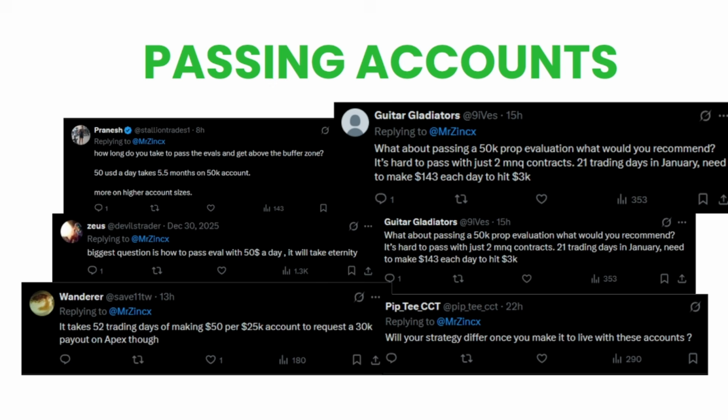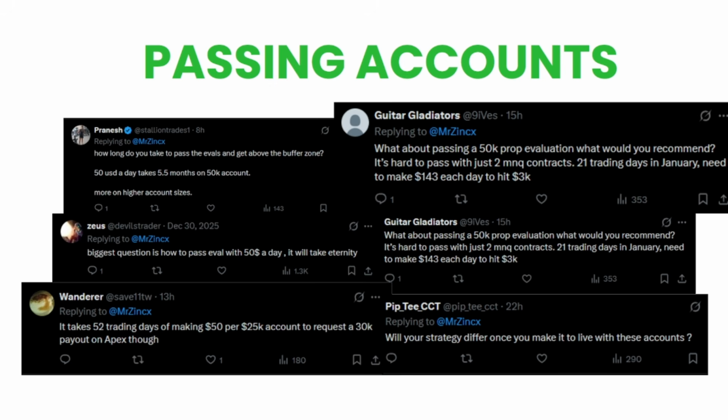It's the same strategy that I'm taking every day, though. Instead of trading 1 to 2 MNQ, which I would do on a funded, I trade 2, maybe even all the way up to 6 or even 8 MNQ. The reason being, I'm just pushing to get to the funded account. Now, if you're in a weaker financial situation, go over to Lucid. It's a one-time payment and pass the account when you pass it. There's absolutely no rush in passing the account.